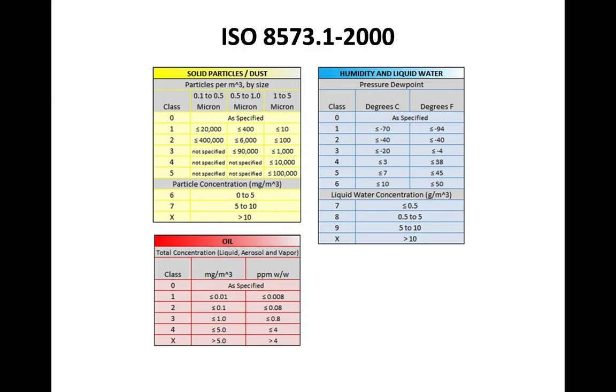We classify the classes from 0 up until 10, and the most popular, most widely used classes are in between class 2 up until class 6. Class 2 to class 6 are the most common applications in industry. So as you can see here in this table,